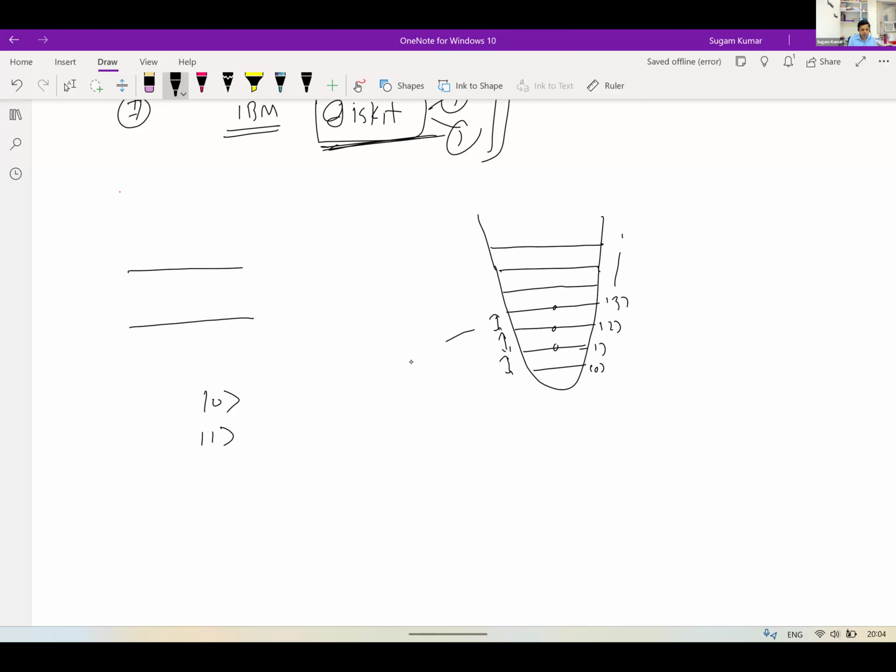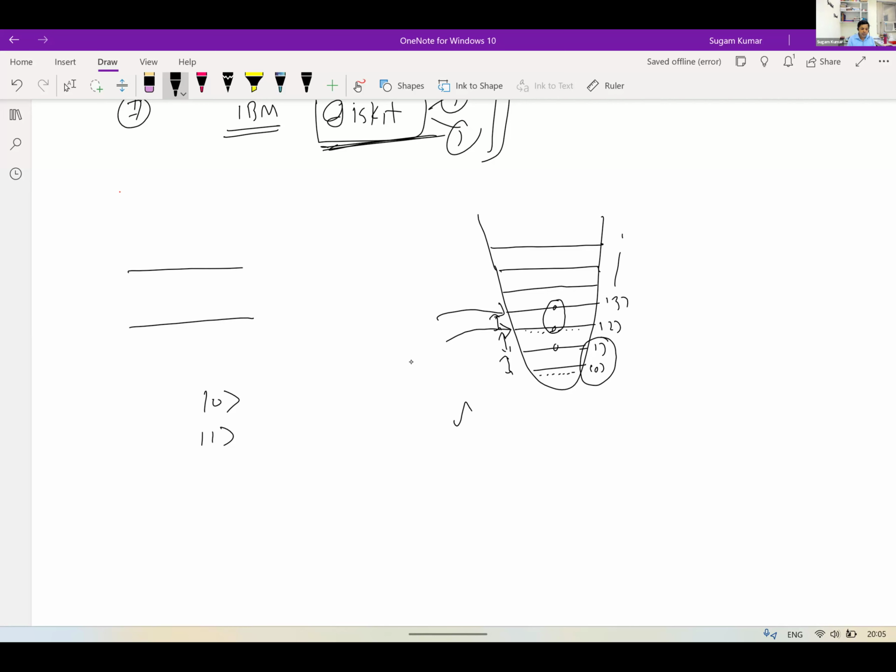But let us say if I'm going to use this and this as qubit states, then initialization is going to be very difficult. For example, you're going to cool down the system and you want to ensure that all the qubits are in this state. That is not going to be possible. So to make sure that initialization takes place, first of all, we go with the lowest quantum states, so that when you cool down to a very low temperature, all the ions or all the qubits will be in the ground state.